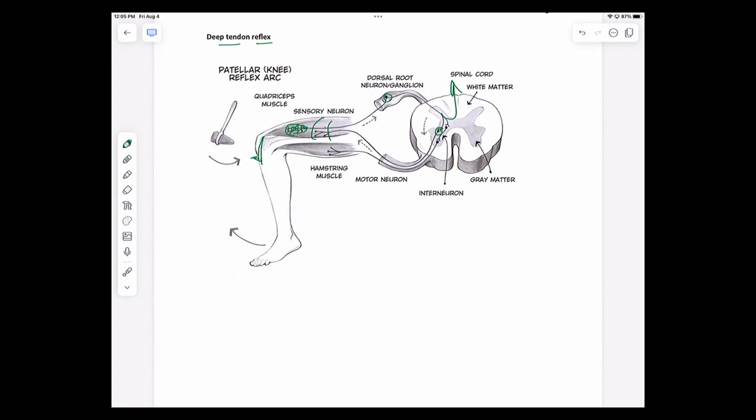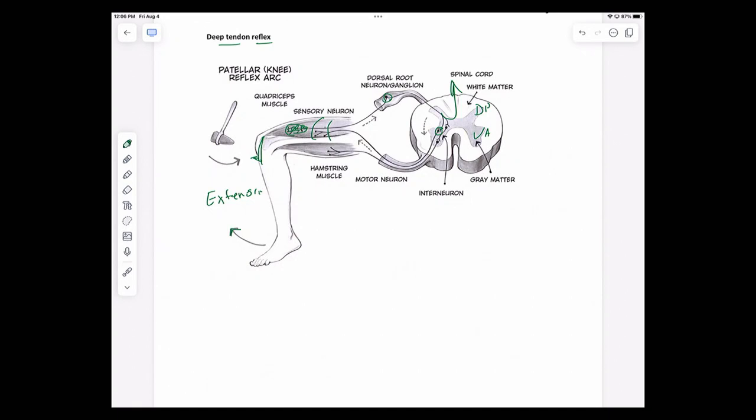So you have that. And again, just to keep our orientation right, that's my dorsal horn, that's my ventral horn, or I could have said this is my posterior horn or anterior horn in terms of the butterfly that you see in the middle of a spinal cord. And so then when you tap it, that means this foot here is going to swing forward. Okay, so you're actually going to have an extension. This is an extension of the lower leg. Okay, so in muscle groups around joints, you have what is called antagonistic muscle groups.